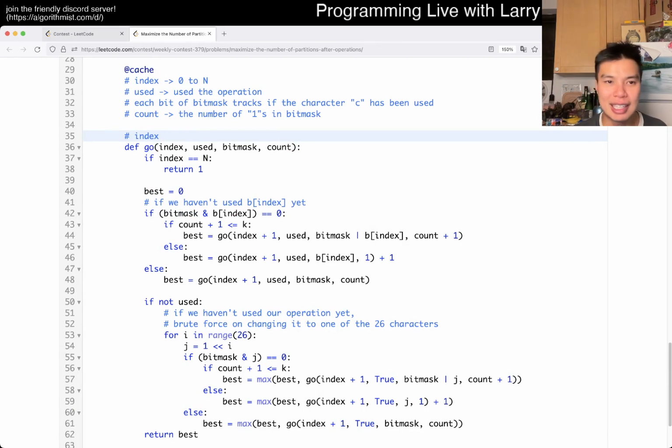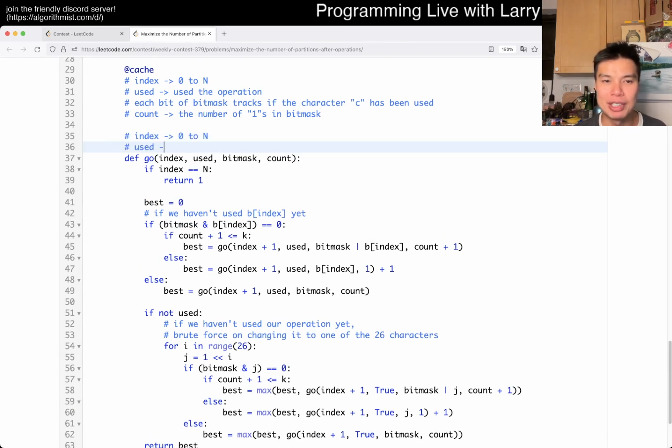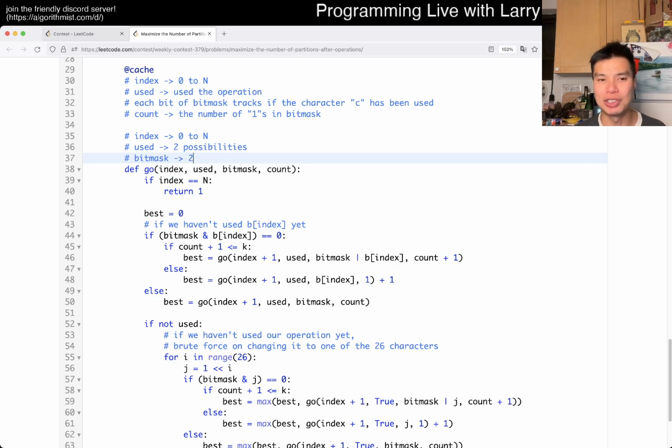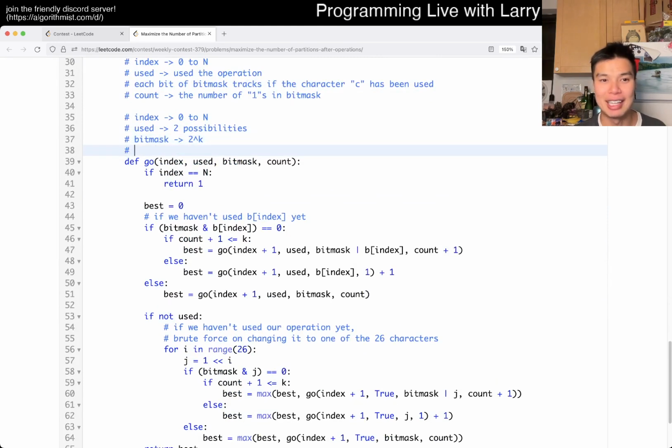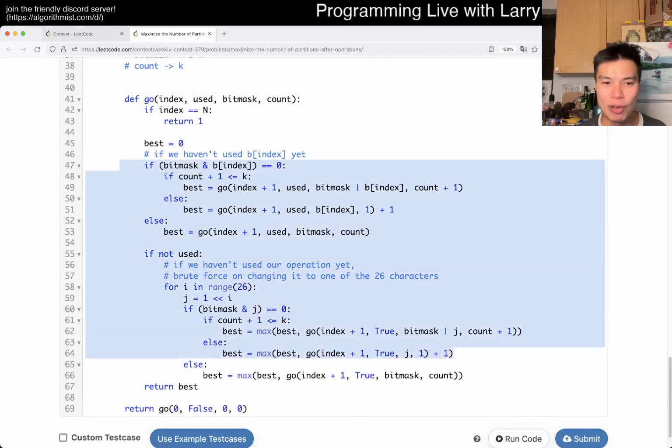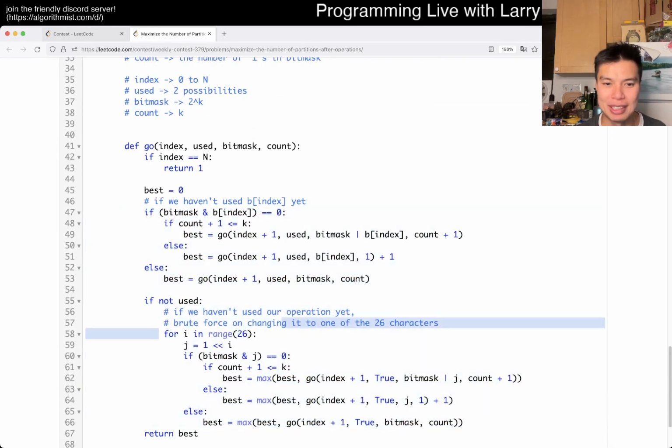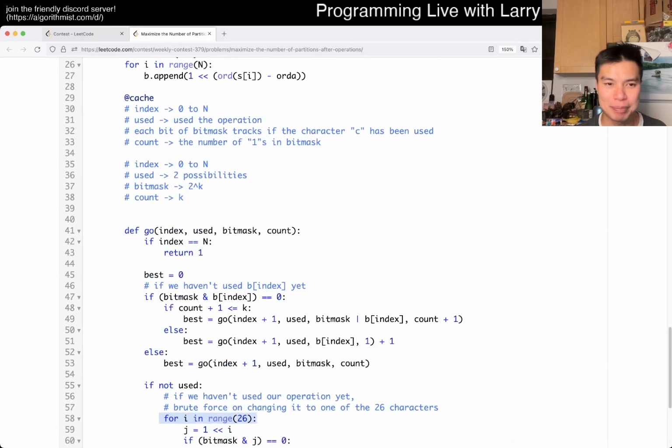So as I said, 0 to n for index, use the boolean, so 0 to 1, or just 2 possibilities, maybe another way of writing that. But bit mask can go up to 2 to the k, right? K is the input, yep. So that is actually a lot, and count could also be k. So at a naive stand, even though everything is O of 1 here, actually O of alpha here, whoops, O of 26 here, this is going to be O of n times 2 to the k times 26, which is actually a big number